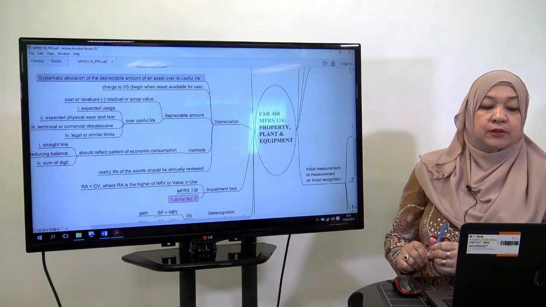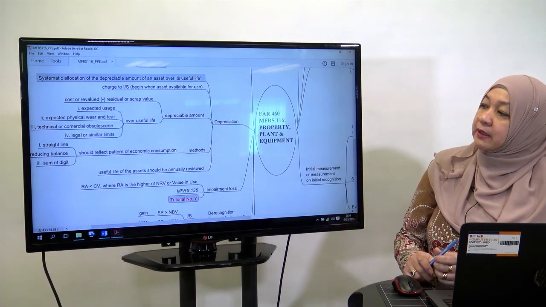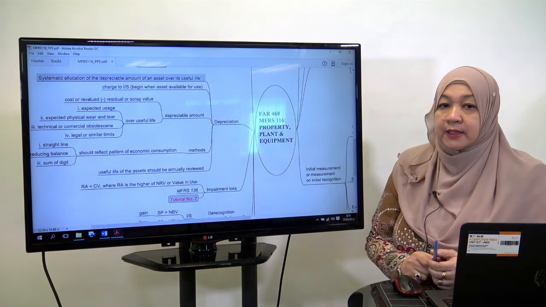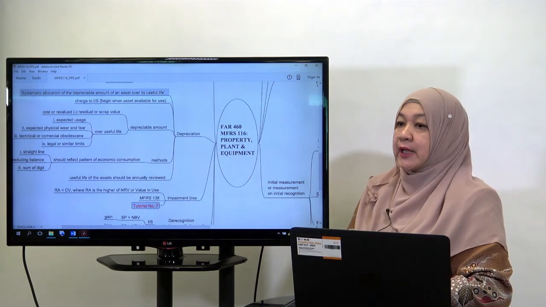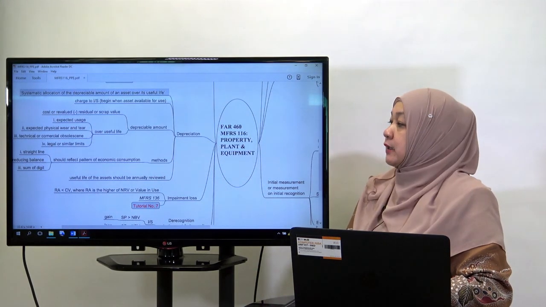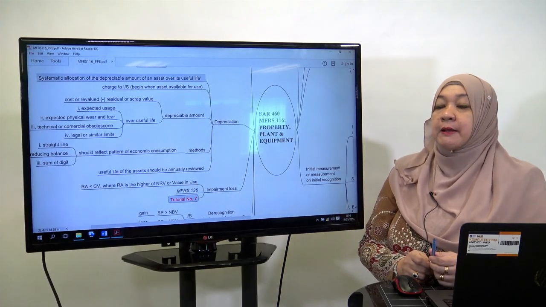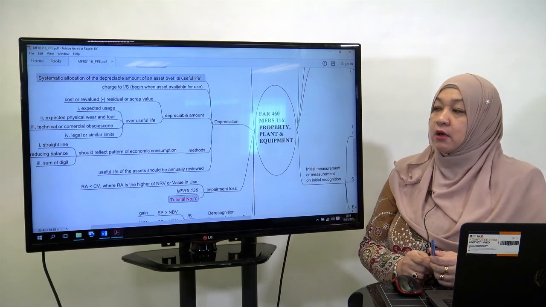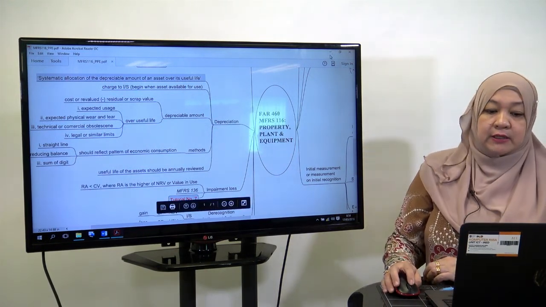So next is the methods of depreciation. To determine the depreciation, there are a few methods that we need to know. The first method is the straight line method. Straight line method means that we are going to depreciate the non-current asset based on an equal amount of depreciation. Let's say, for example,